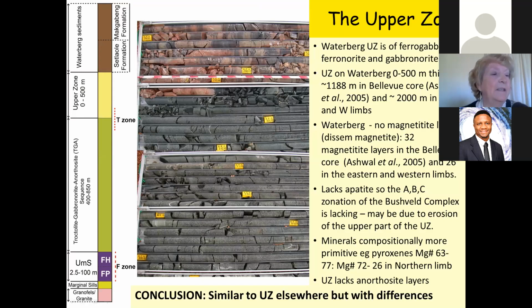But rapidly differences started to emerge. Firstly, our upper zone on the Waterberg project might have been completely eroded away, so that there's none left. But there's generally a maximum thickness of about 500 meters. And compare that with what's seen in the Bellevue core just to the south of the Hout River shear zone that Ashwell and others looked at. And there's much thicker Waterberg, 1188 meters in the Bellevue core, and around about 2,000 meters in the eastern and